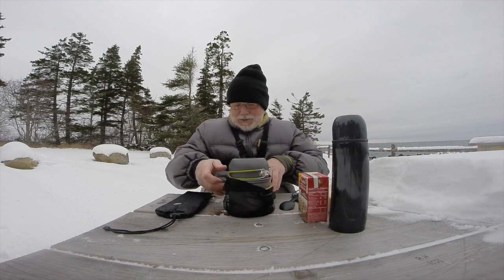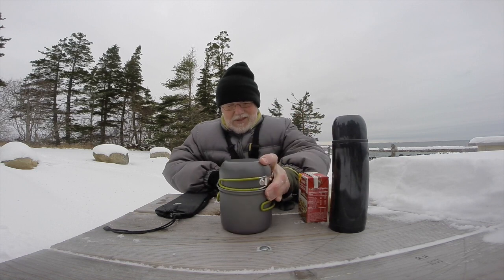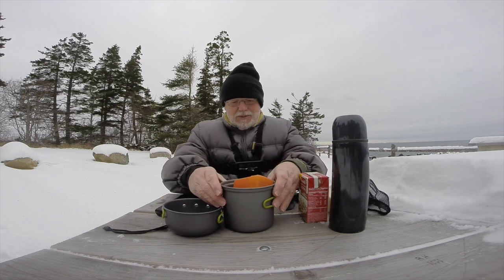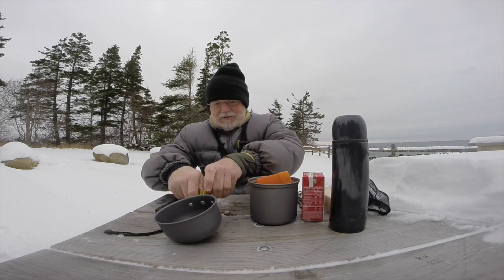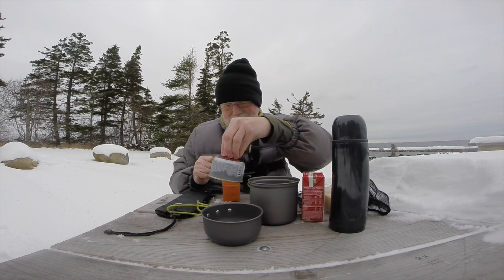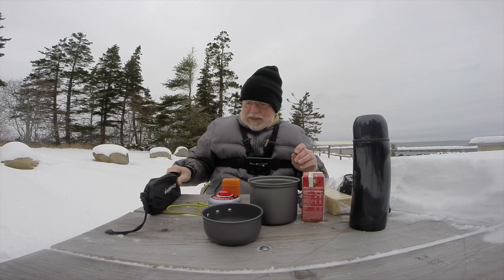Some of these things, or most of these things, I guess, I've just bought recently. That's a double pots and pans, two things with handles so you can handle it on the fire. So I plan to warm my soup in one and make tea in the other. This thing's just got water in it for my tea. This gizmo